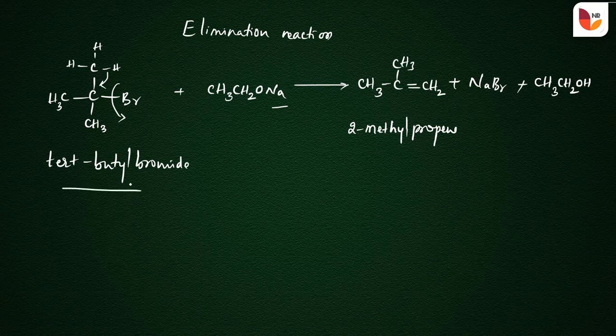That is, when tertiary butyl bromide reacts with sodium alkoxides, it undergoes an elimination reaction and gives the hydrocarbon product, that is, an alkene is obtained. Very important point: primary alkyl halides react with sodium alkoxides and undergo substitution reaction. But when tertiary alkyl halides react with sodium alkoxides, they undergo elimination reaction. So during the elimination reaction, it produces alkenes.